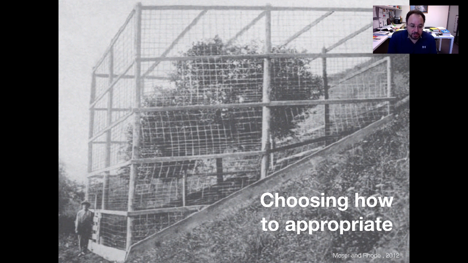So choosing how to appropriate, well, here's a great example. This is one of our favorite pictures. This guy down in the bottom left is a favorite innovator. He has got a shotgun in his hand. He's walled off these trees. These are apple trees, and he's come up with a better apple and does not want the seeds and other things falling into the wrong hands. So he has erected a barrier. That's how he's chosen to appropriate. But of course, companies today choose to have intellectual property protection rather than this physical thing that he does here. But it's basically the same idea.